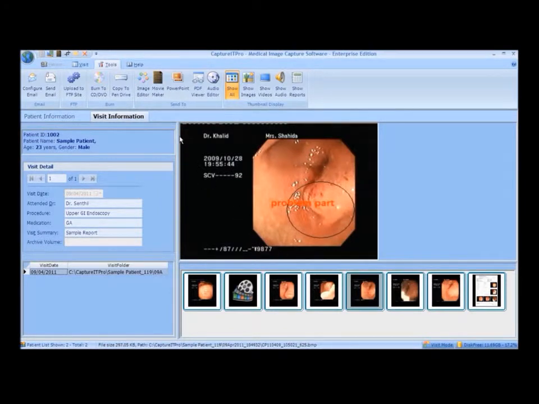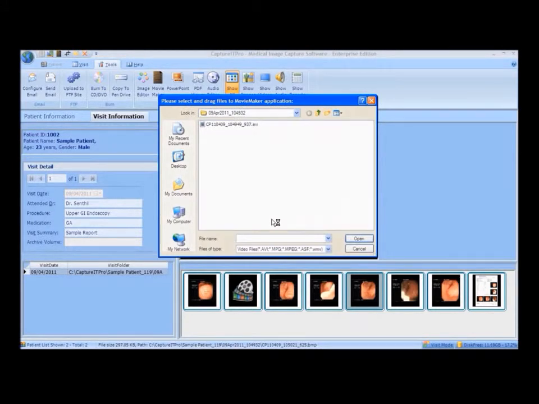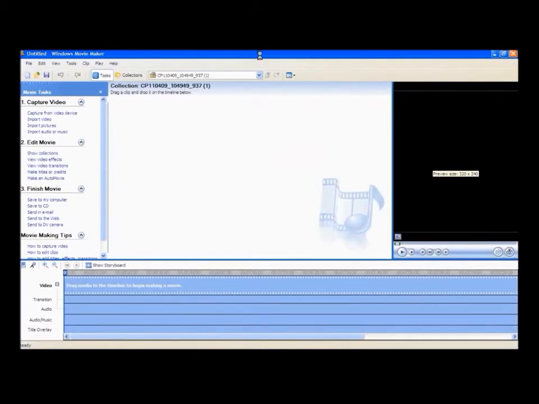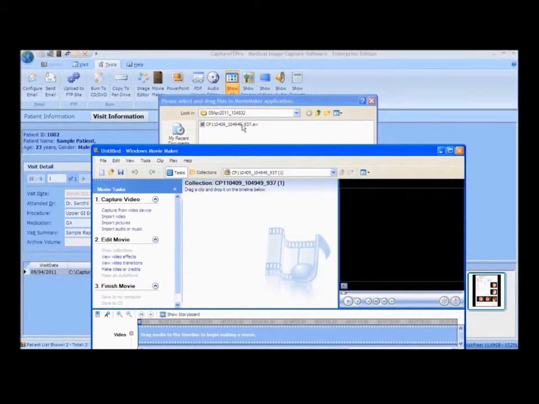Movie Maker. To edit a video, click Movie Maker. Click OK. Our application opens the corresponding patient folder. Now drag the video to be edited into the Movie Maker application.